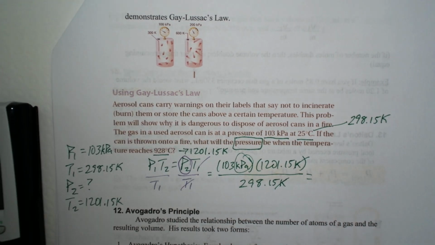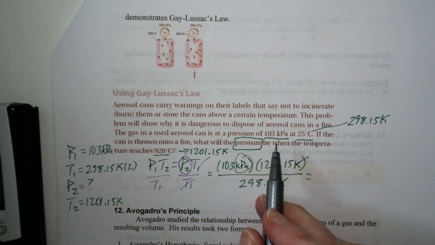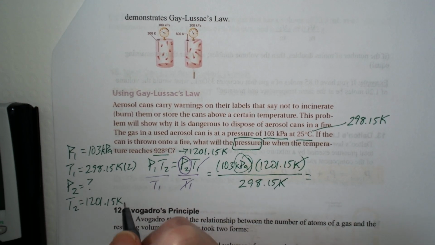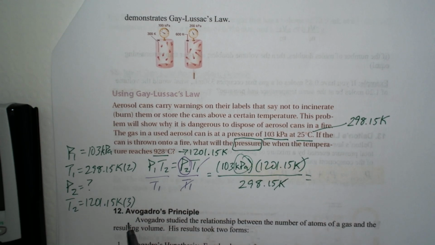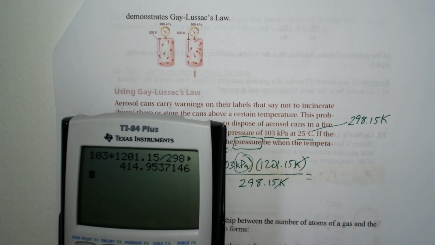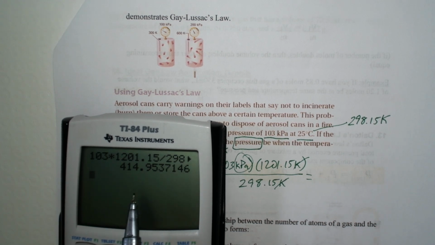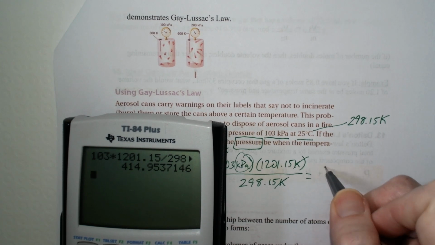All right. Now, originally, this was 2 sig figs. Right? That's 3 sig figs, and originally this was 3 sig figs. So between 3, 2, and 3, 2 wins. So our answer is to 2 sig figs. Now we have to round that number to 2 sig figs. So that's approximately 415, but that would be 3 sig figs. So what do we do? It's 414 and then 9, and so on. So you have to round that 1. We would round it up if the number after was 5 or higher. But the number after is only 4. So we're going to round this down. So this is 410